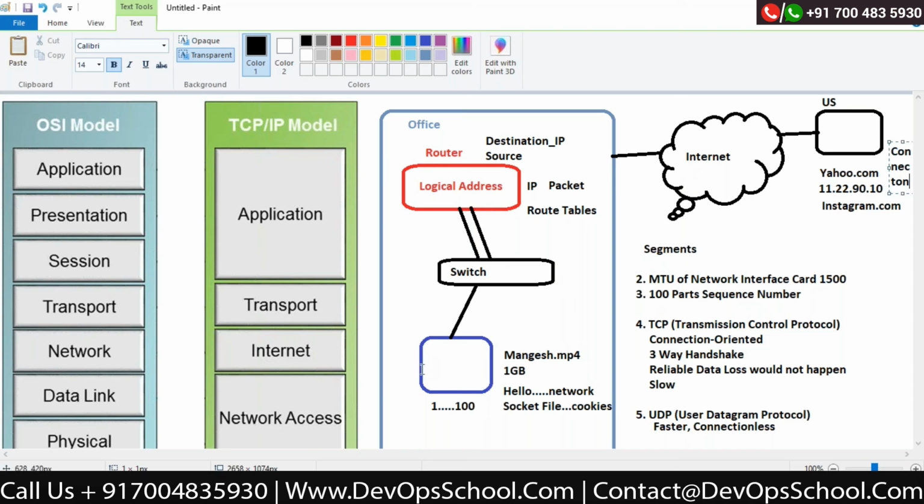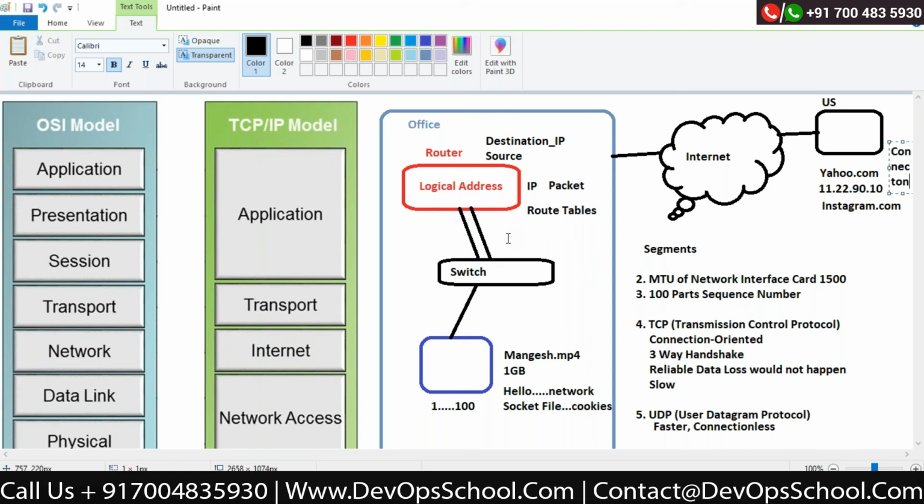Sometimes your data can also be transferred in a compressed format. If the file is very heavy, your application also does the compression of the data, correct? Now compression, encryption, decryption, application visibility, all this functionality would be done by the presentation layer.